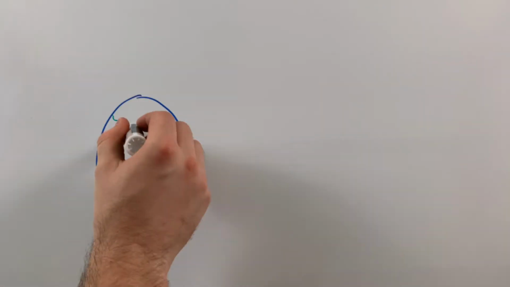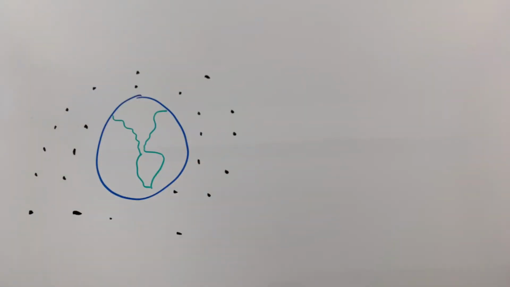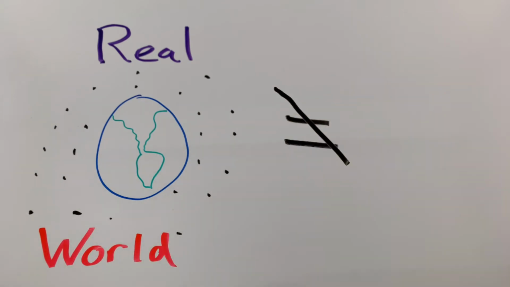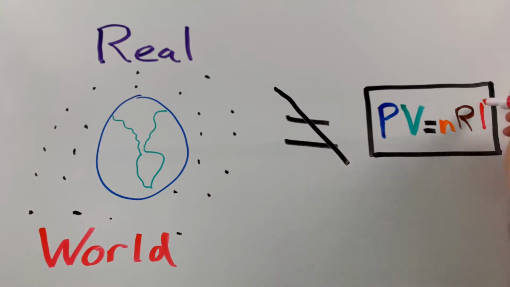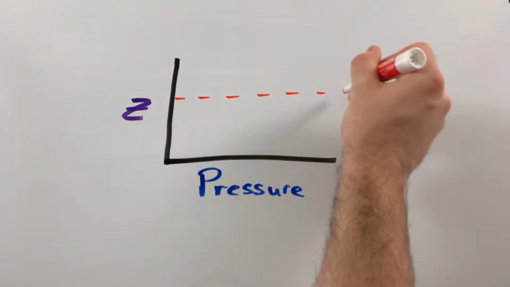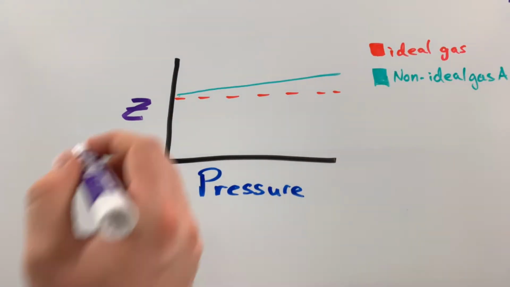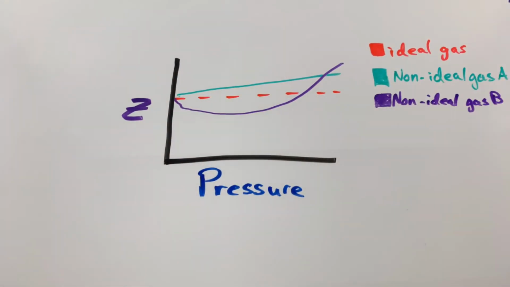What I did not cover in my last video is that the ideal gas law is not actually the real world. Instead, it is a model that tries to represent the real world with pretty simple math, and it does so accurately for the range of conditions we normally deal with. But like most models that we use to represent the real world, there are times when it is no longer accurate to use the ideal gas law model.